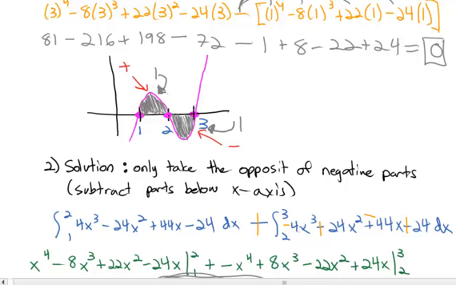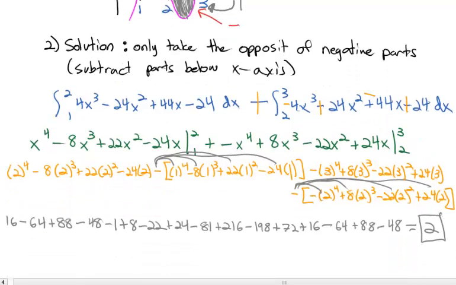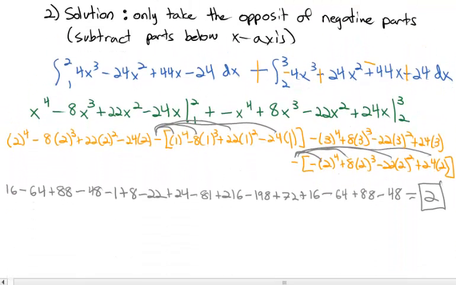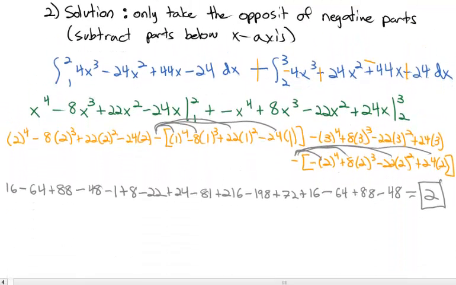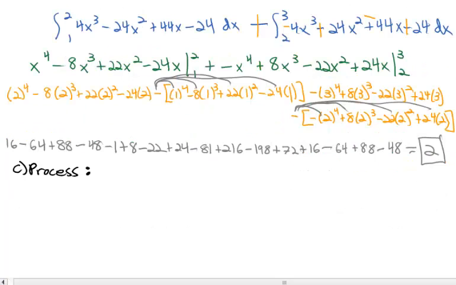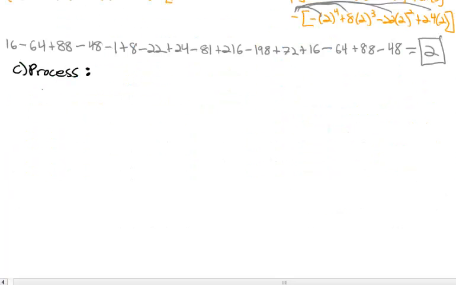And so 1 and 1 gives us a total area of 2 between 1 and 3. So there was a lot of arithmetic here because it just got really long with all the subtracting and adding. But it's just arithmetic, plugging in a number and solving. The process we go through to find an area is going to be, first we're going to sketch the graph